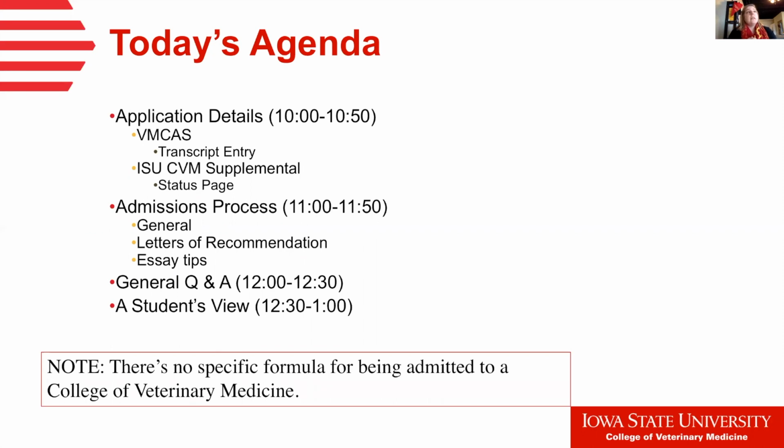And with that, highlighting the status page, which is one of the places where you will want to keep your eye throughout the admissions process. We will take a little bit of a break for people to refill their coffee cup or grab some lunch. And then we'll come back at 11 and we'll really talk about what Iowa State is